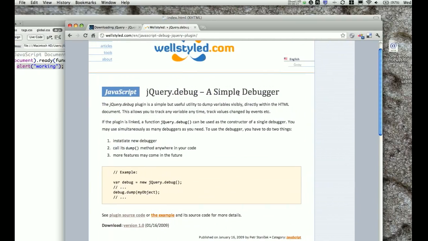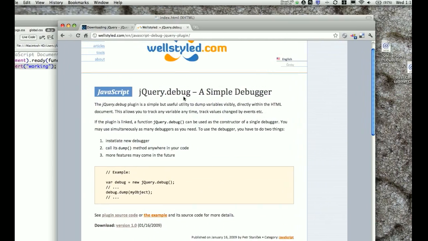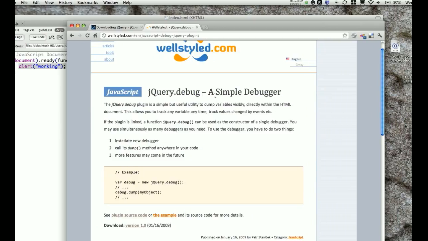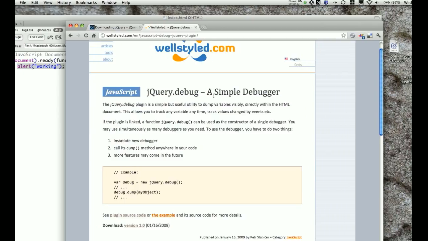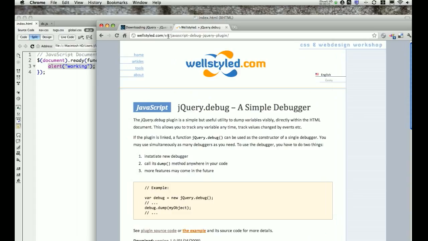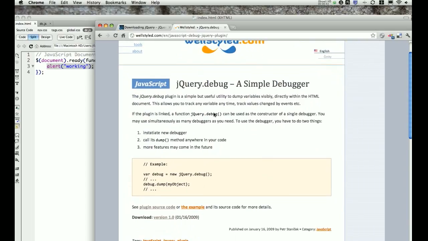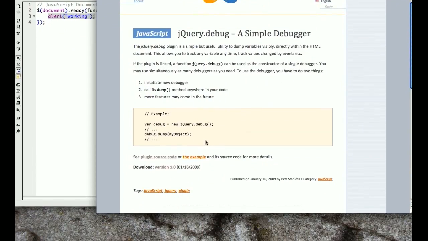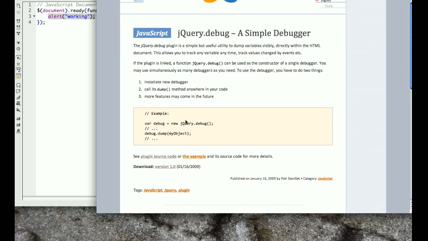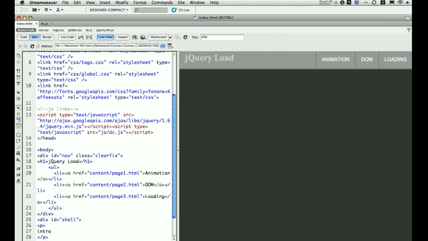So download this and then link to the plugin in your HTML. And you can do that from wellstyle.com. This one's pretty easy to use. And once established, now you've got a trace. So I'll show you how it works, but go ahead and download that. So I've downloaded it,